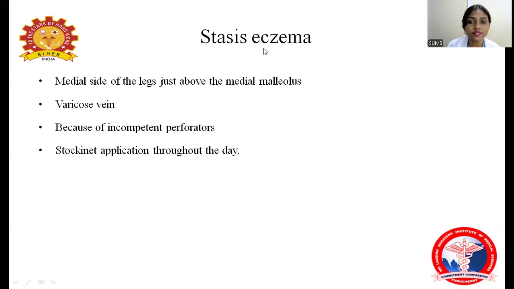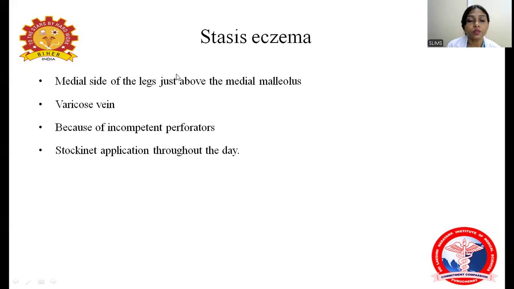Now coming to stasis eczema, which is otherwise called gravitational eczema. Stasis or gravitational eczema occurs in individuals who have a prolonged history of standing. For example, people who are working in restaurants where they have to stand for several hours a day, or teachers, or any people who have a history of prolonged standing. On the medial side of the legs, just above the medial malleolus, the stasis eczema will tend to occur,